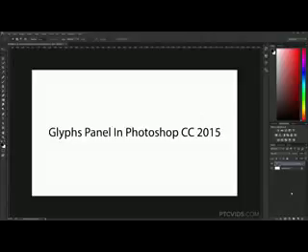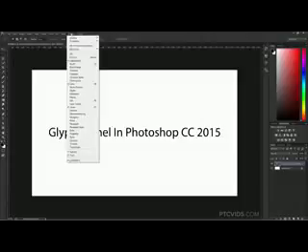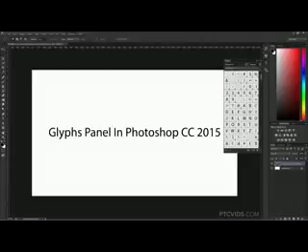A new addition to Photoshop CC 2015 the designers are going to enjoy is the Glyphs panel. It's very similar to the Glyphs panel in other Adobe applications like InDesign. To bring up the Glyphs panel, you need to go into Window and click on Glyphs. Then the Glyphs panel comes up, and what you can do with this panel is look at all the characters